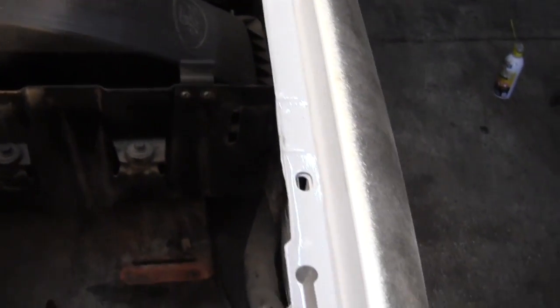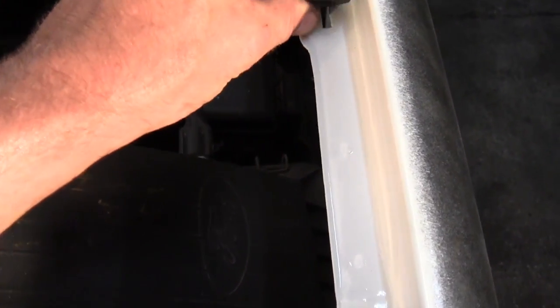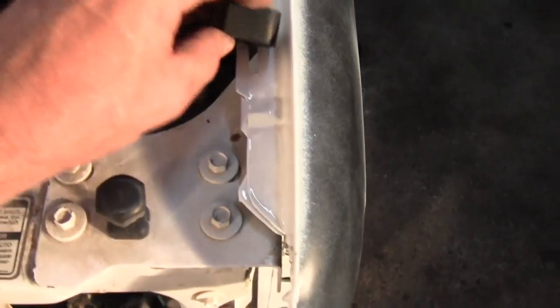Okay, then you've got to put these rubber things in that go along the side of your hood, and they look like that on the bottom. All you do is you come along, set these down, and one goes right there. Put that down in there like that, and slide it towards you, and that's all there is to that. Another one goes up here,